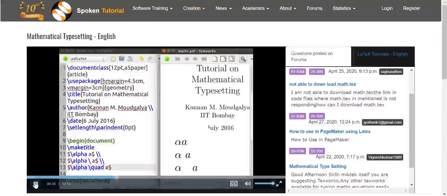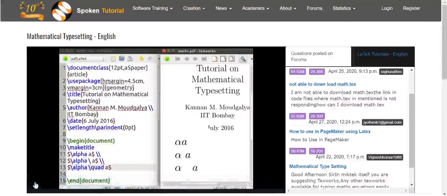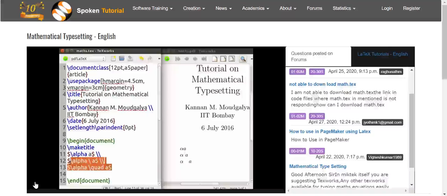You can see that quad has left a large space. We will now move to another topic. Let us delete the last two lines. Let's compile.